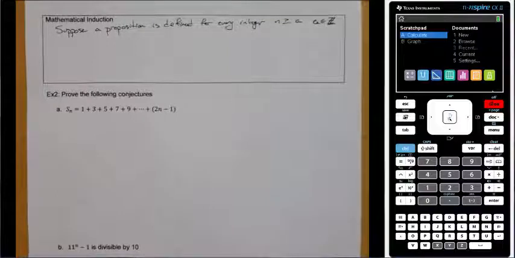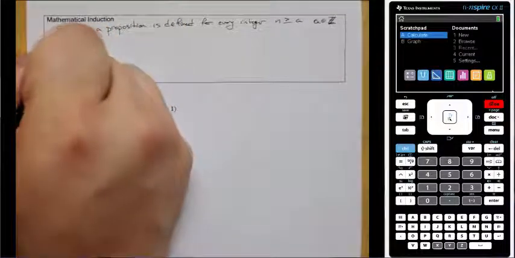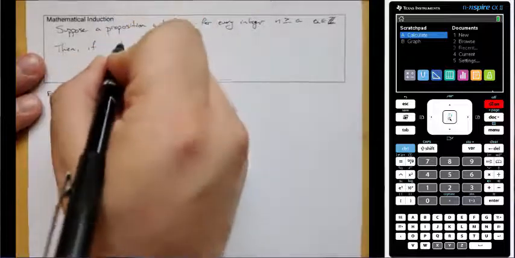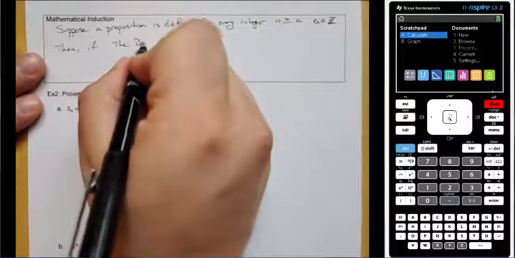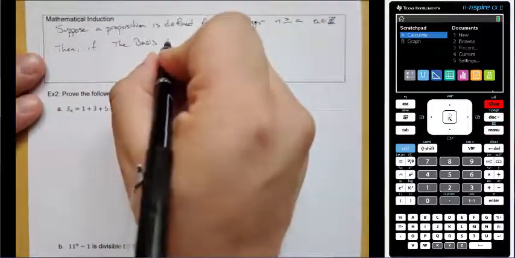This is also going to be the conclusion of every proof by induction. You'll just replace the initial "if" with "since." But we'll see that in a second. So then, the claim is this: if the basis step is true, and we'll talk about what a basis is in just a minute, is true,